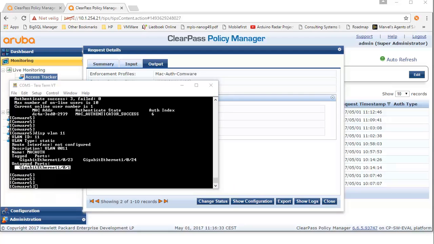And this concludes this demonstration of MAC Authentication and 802.1x on Comware devices, Comware 5, Comware 7 in combination with